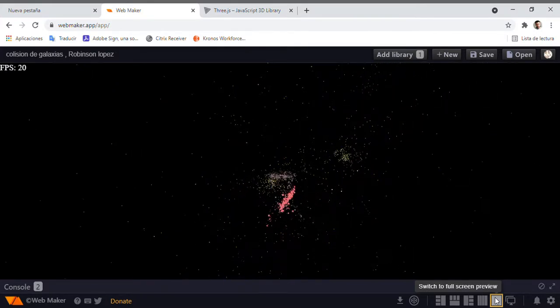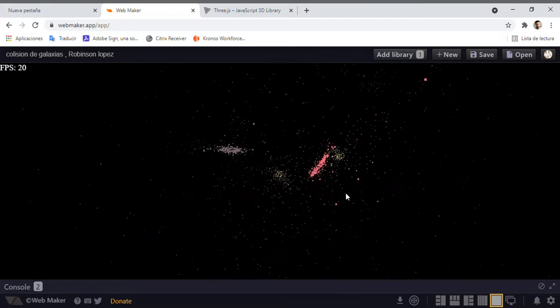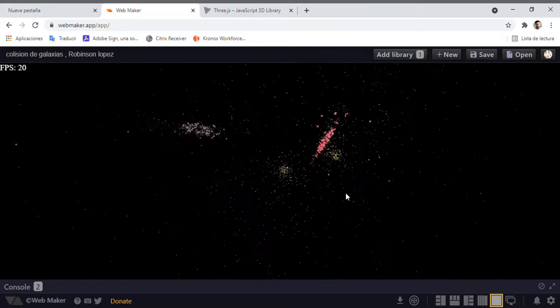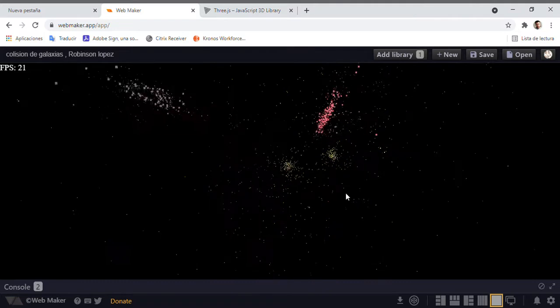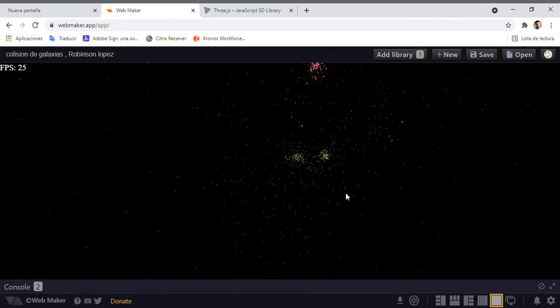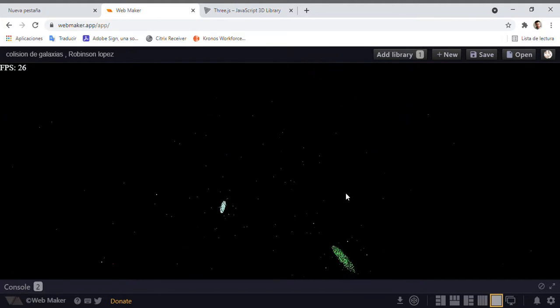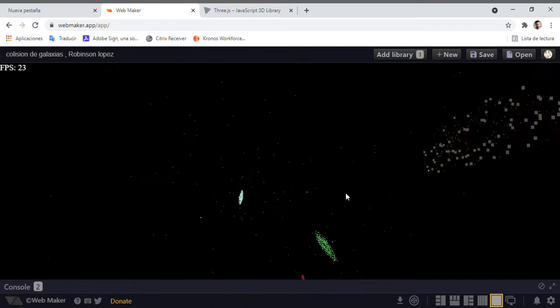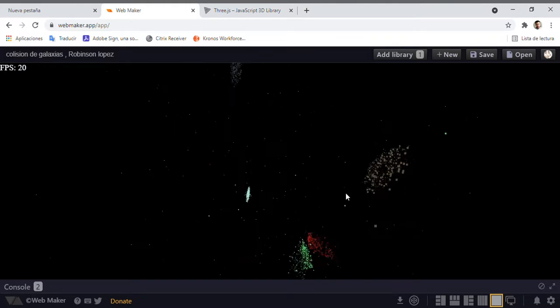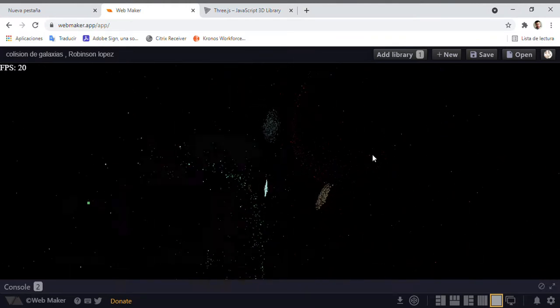We can see here how the galaxies are colliding with each other, creating like explosions and many particles going everywhere. The question behind this project is, what would happen if one of those galaxies at some point collides into our galaxy,